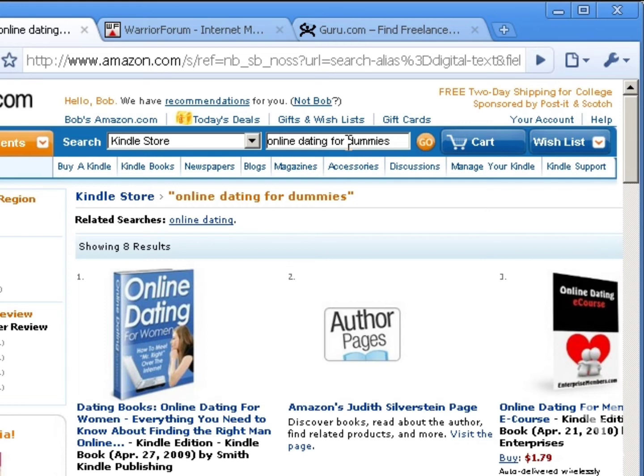Now, once you know what to do and you have the table of contents, then you can give it to the writer. In order for the writer to write a good book, they need to have a table of contents. If you just tell them, hey, write a book on online dating, you're not going to get a really good quality book, because they are interpreting the book in their own way. So if you want it done well, make sure you do the table of contents first and then give it to them. That's how you create a good ebook.